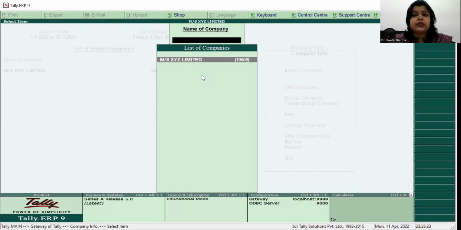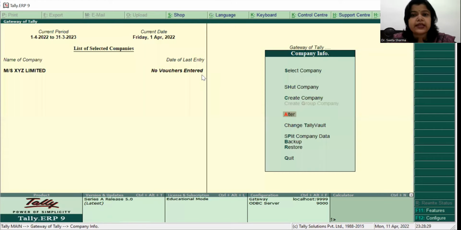Now, you see in the list of companies, Guwahati company is removed. Now, you will leave this screen by pressing escape. Okay, and now you have only one company on this software. However, you can create as many companies as you want. Even you can create companies of the same name, but their